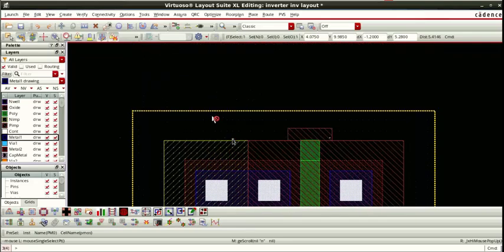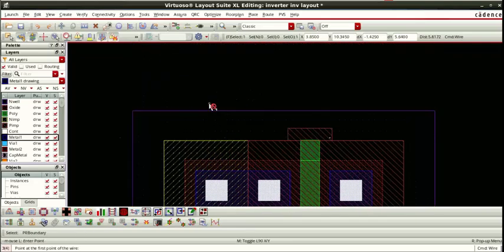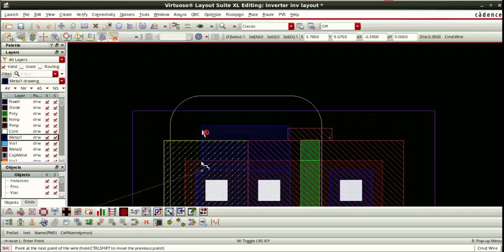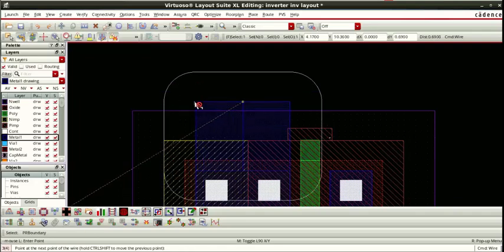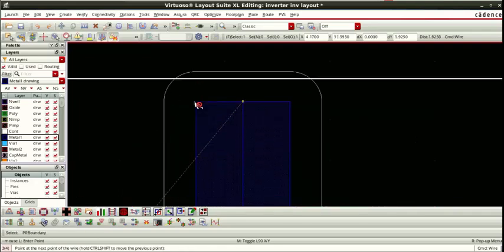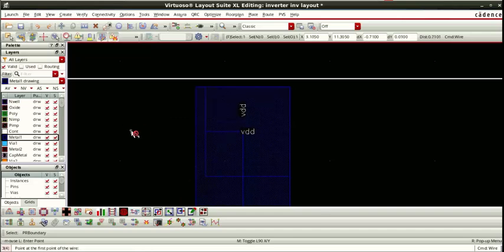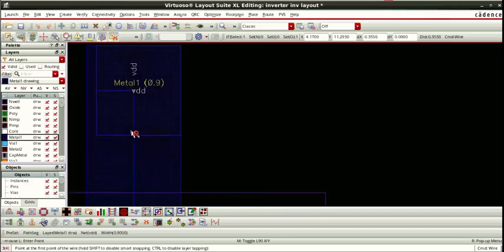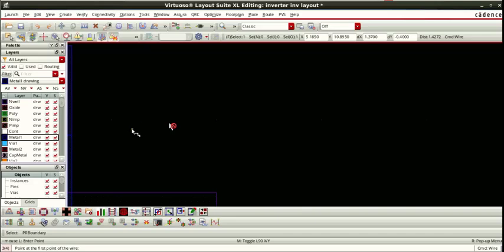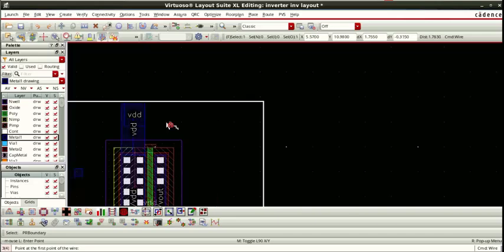Okay, so what we will do is first same path P will be selected. Here, see metal 1 is coming, connected. We will go and using the keyboard up arrow will come to this point and click here. So on this we are going to place our VDD pin, which is here.